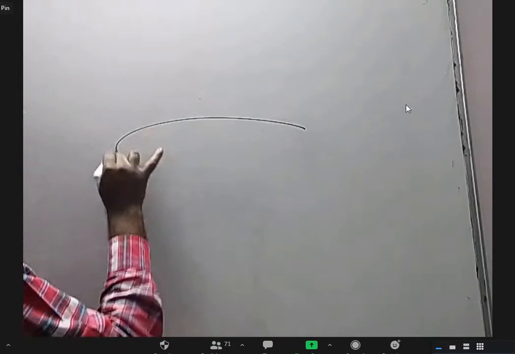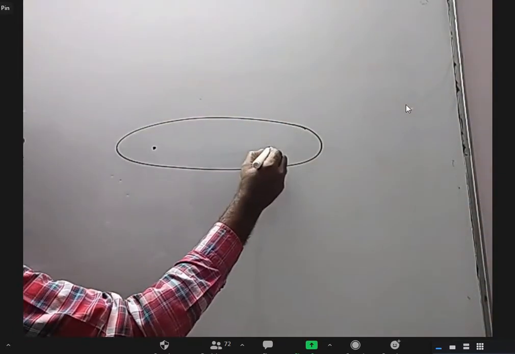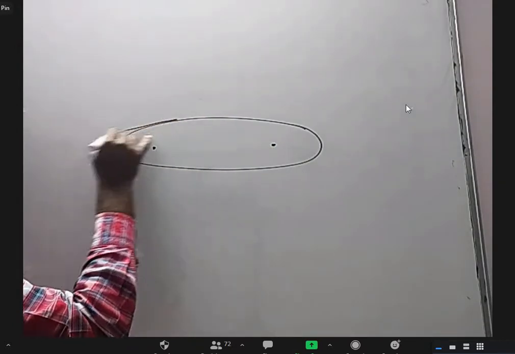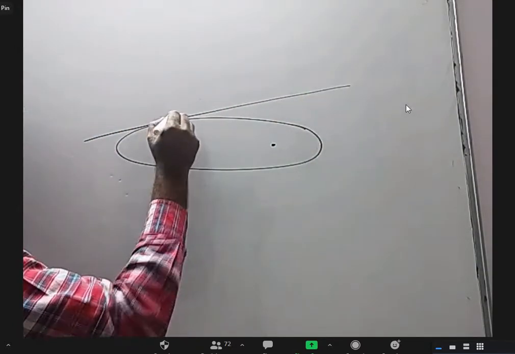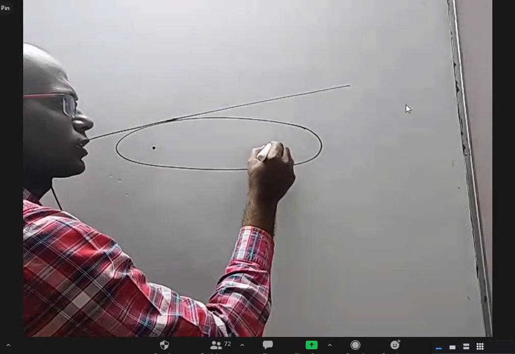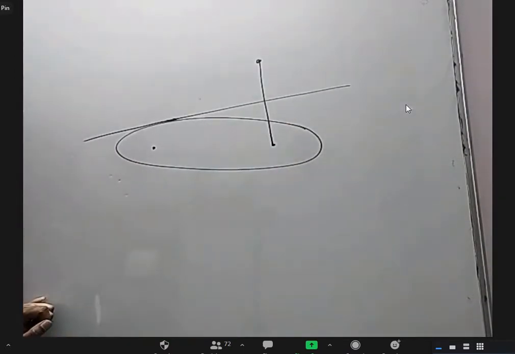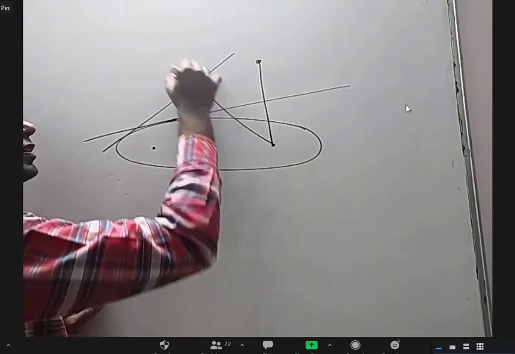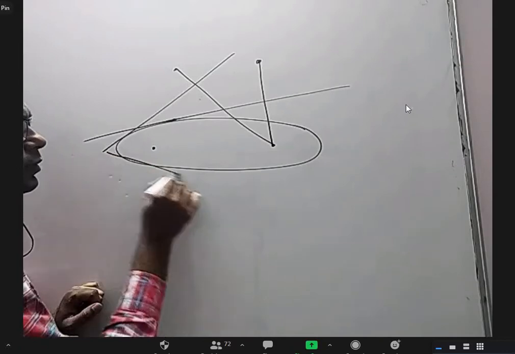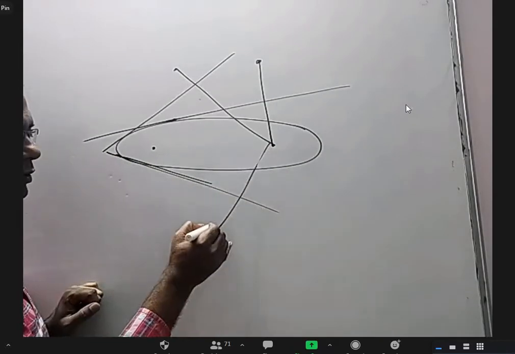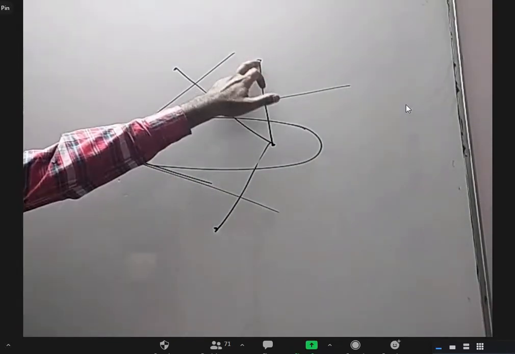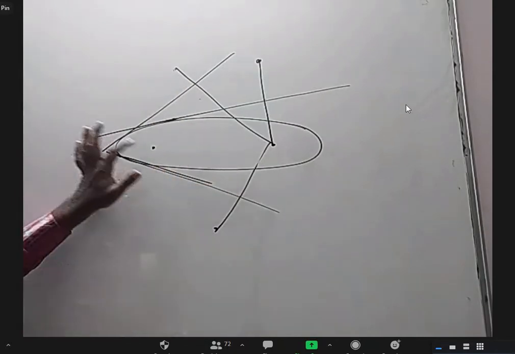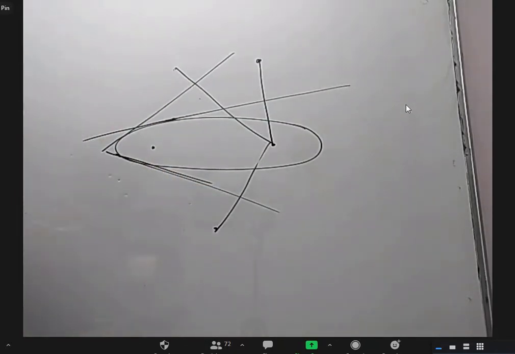All right. Okay, yesterday at the last I was asking you this. If you take an ellipse, take two foci, take any other tangent. Find the image of this one focus with respect to that, you'll get one point here. Take some other tangent, find the image of this with respect to this, and take some other tangent, image of that with respect to this. I said the locus of all these images is a circle with this as the center. That's what I said yesterday, right?